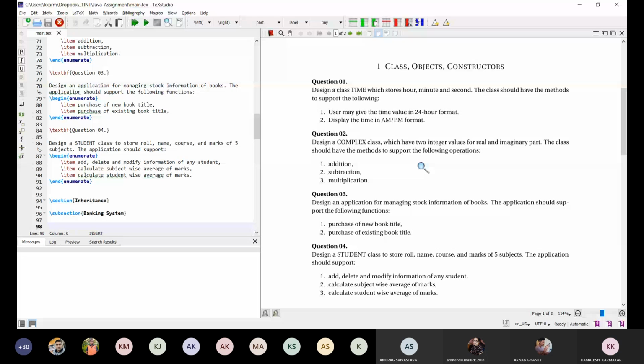Okay. If I give you these problems, try to solve them. In every section I will give you small problems so that you can solve them. I will share this content with you, and in the next class, if you have any doubt when you are trying to solve these problems, I will discuss it in the next class. Okay.